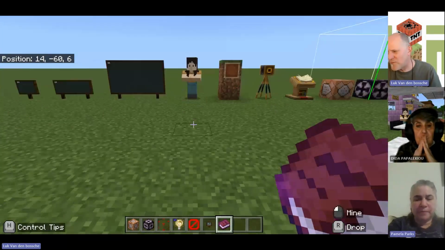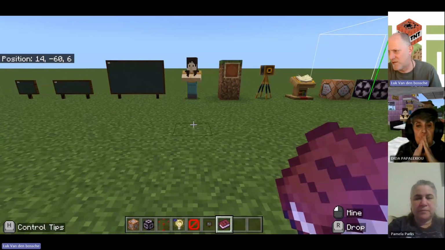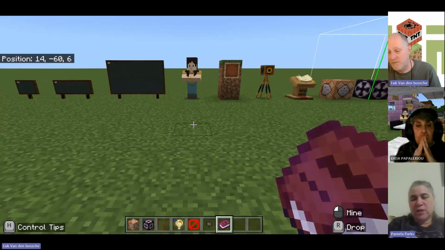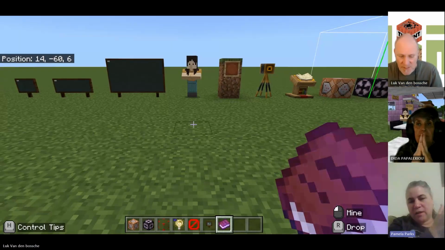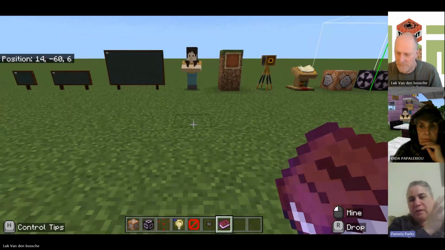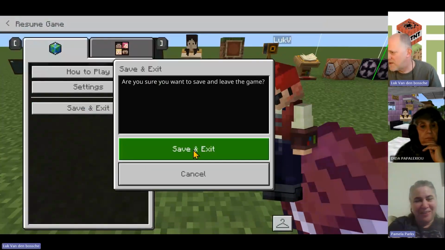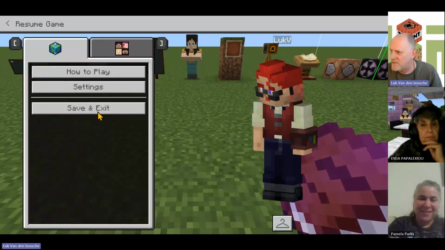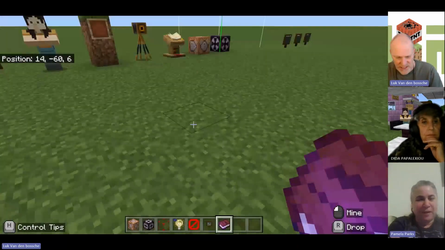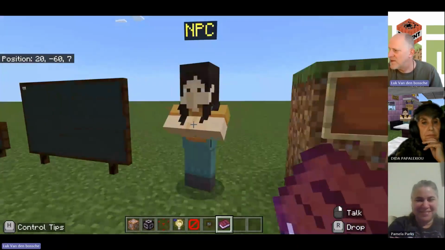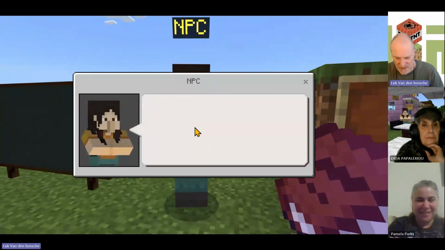I have never tried to copy an NPC with a structure block. I don't know. Just curious, because sometimes I give dialogue to an NPC, and it's a pain to cut and paste the dialogue into 30. I really don't know. Well, we can test it right now. NPC and